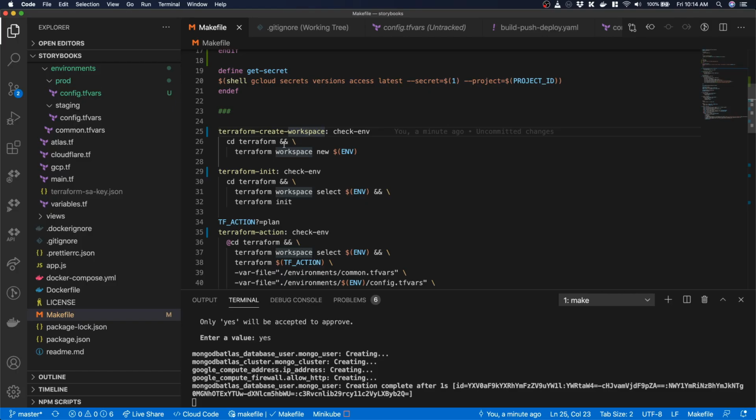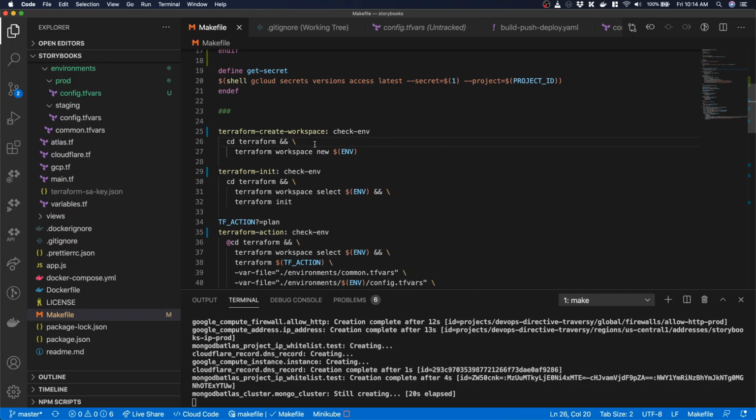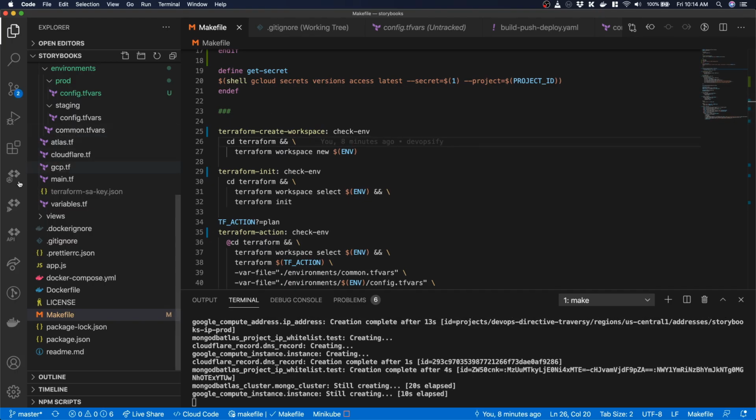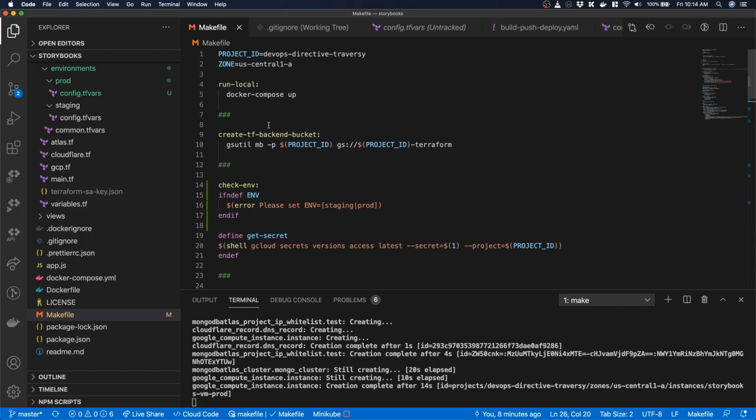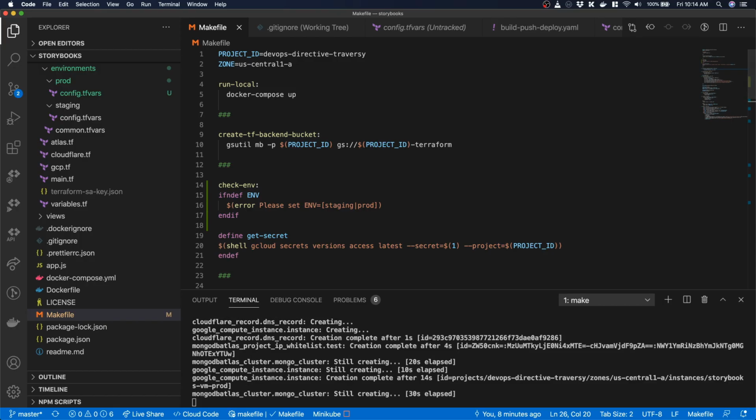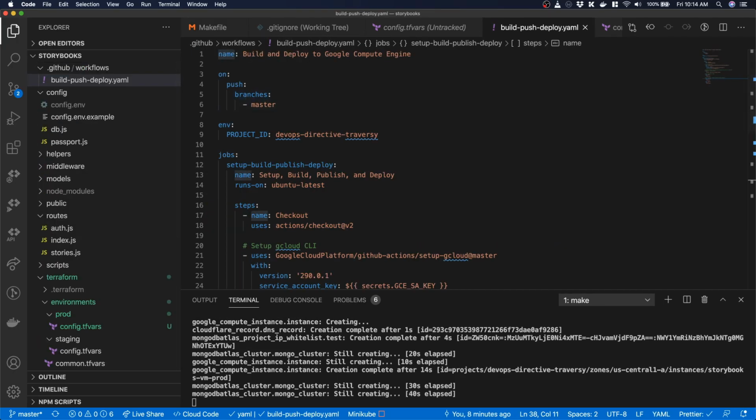Compare this to what we would have had to do had we provisioned those resources through the GUI or even just via command line calls. The power of a declarative tool like Terraform is you specify the state that you want your infrastructure to be in, and then it handles reconciling that with the current state of the infrastructure to make sure that it achieves the desired result. While Terraform is working on provisioning those, I'm going to go modify our GitHub Actions slightly to